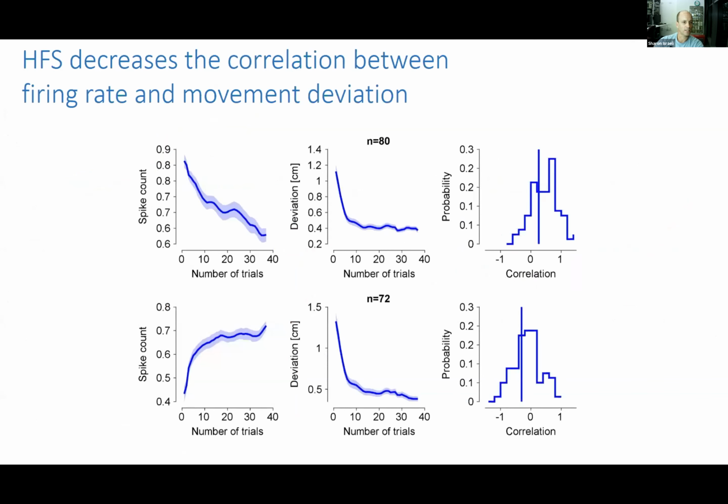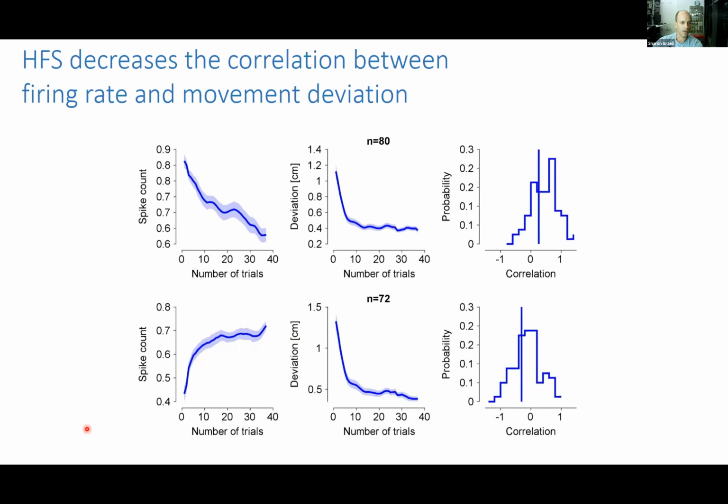Next, we aim to study the effect of HFS on the modulation of cell activity over the course of adaptation. As a preliminary study, we did the following. We first identified cells that change their firing rate along adaptation trials, and then divided these cells into two groups: cells that decrease their firing rate during adaptation and cells that increase their firing rate during adaptation. For each cell, we correlated its spike count per trial during the adaptation sequence with the error